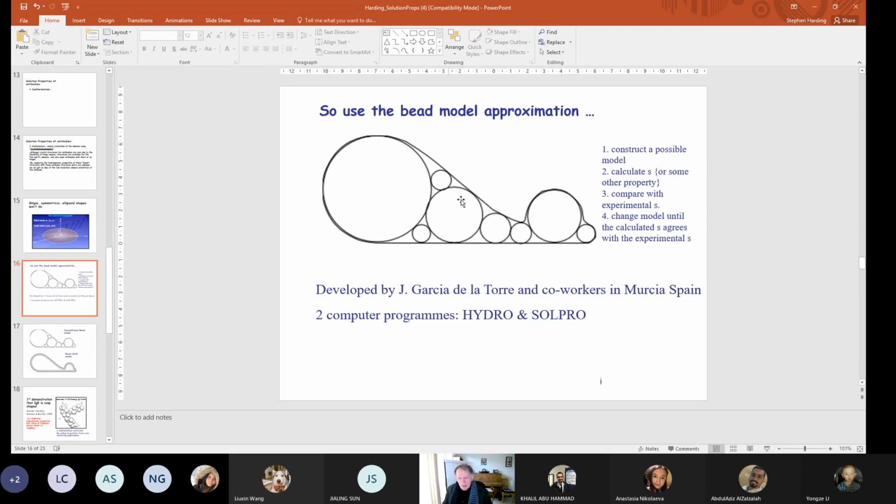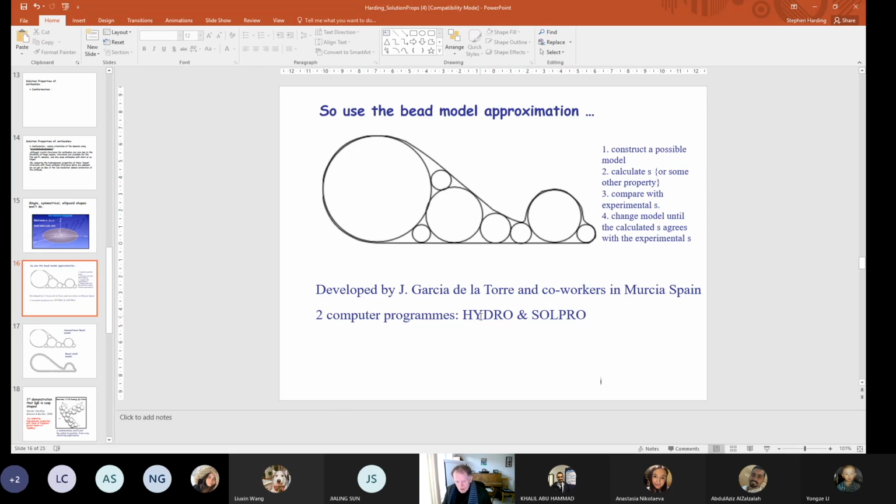So we've got a snail-like molecule we're representing by these spherical beads. 1, 2, 3, 4, 5, 6, 7, 8. There's these 8 beads of different sizes, which represent the conformation of this complex molecule. And what we can do is we can model the arrangement of these beads, and then we can use